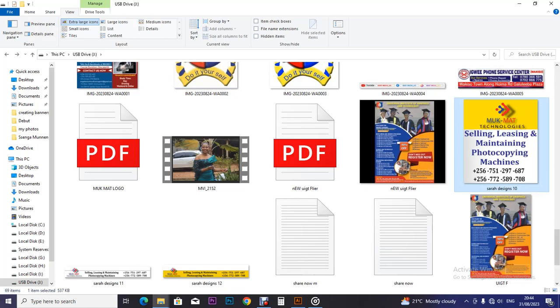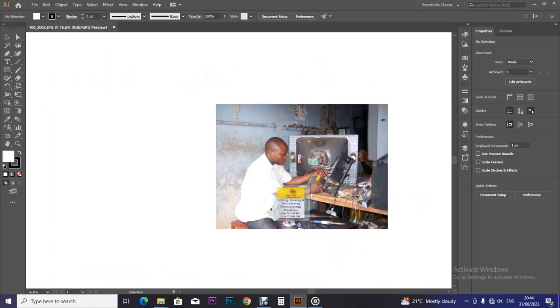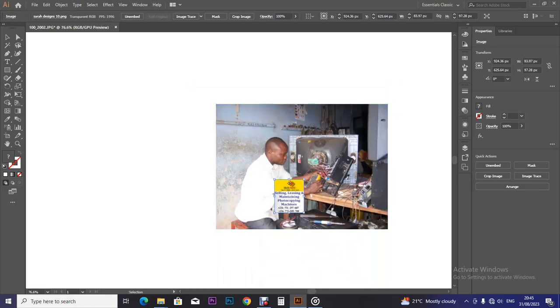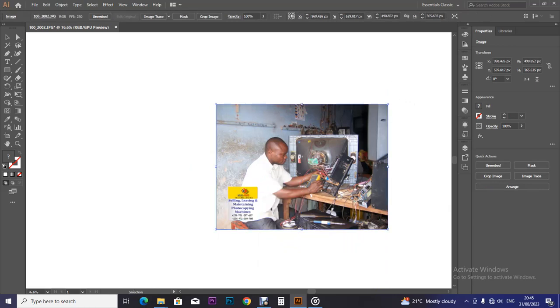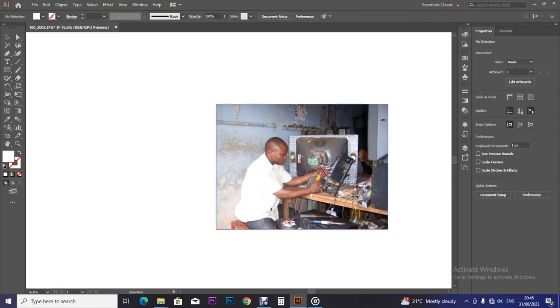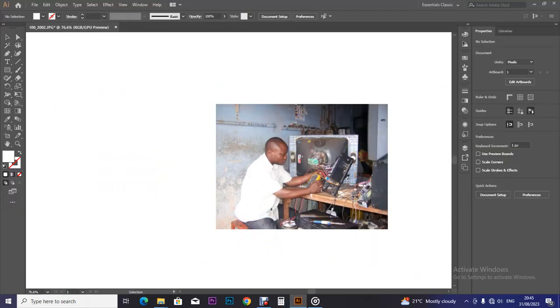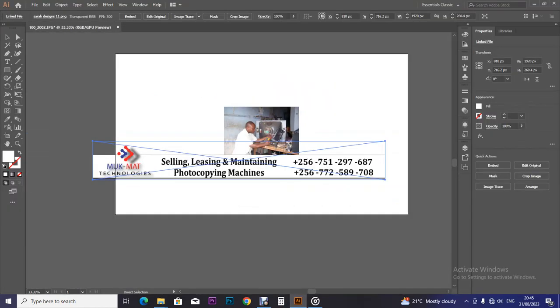So if we get this and we drag it, embed it, then if we hold Shift Alt and scale it down, are you seeing? This is what a PNG means. Or if we delete it away, that is how it would be sitting on the video. So if we delete it away, then we bring this other one, that is this or this one. If we drag it and bring it there, so it basically means